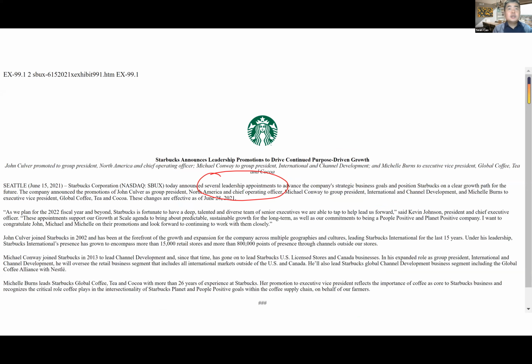The news is about Starbucks changing their leadership. They have some leadership changes, and Starbucks is also talking about strategic business goals and the positioning of Starbucks, a strategy change. Because the news was not classified in any of the previous categories, the company filed the news here. So the news here is about the leadership change, and about the strategy change at Starbucks.